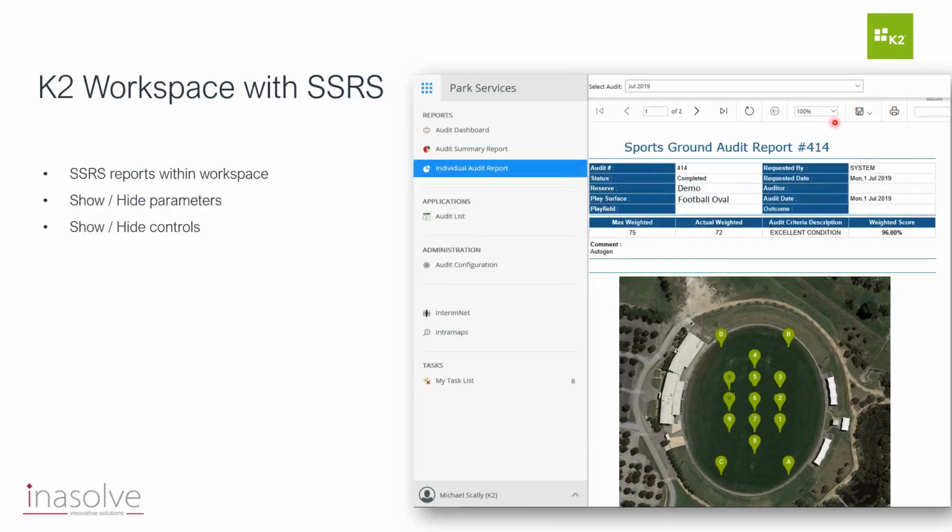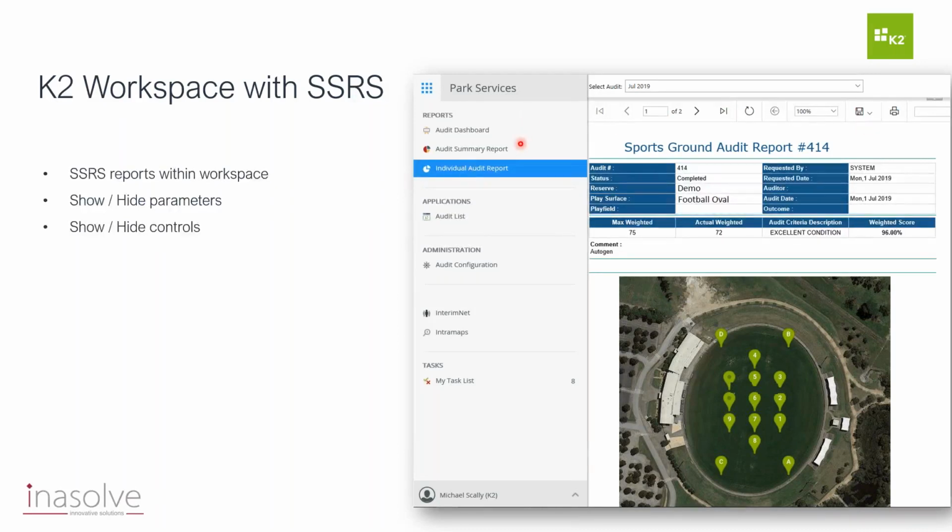But we left that visible for them because if you click on this floppy disk image here, you can actually export that report to Word, PDF, PowerPoint, different formats, which is really useful if they want to then easily pull the data out of SQL and use it for something. They can just export it out to Excel, and it's more relevant with